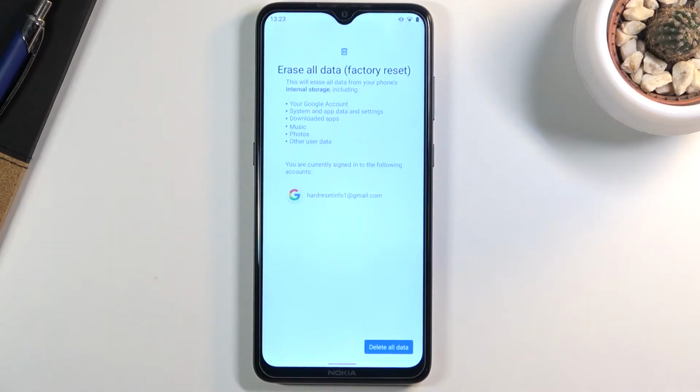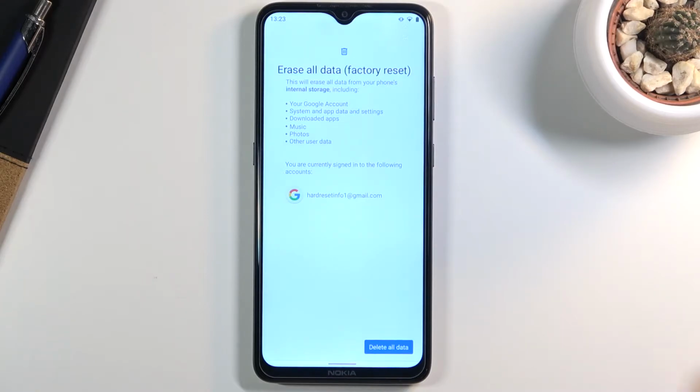reset. Click on it and here it will give you a message about what this will basically remove, and really quick way, it removes everything. So if there's anything that you would like to keep, maybe some photos, music or some user data, make sure you back it up beforehand, otherwise you will lose it permanently, and well, there is no way of getting it